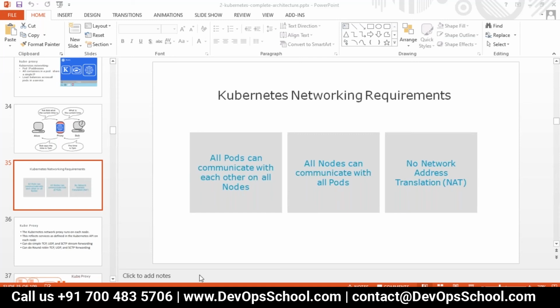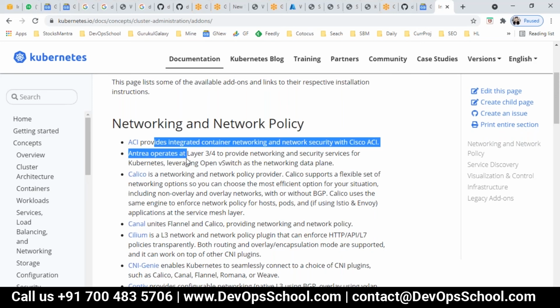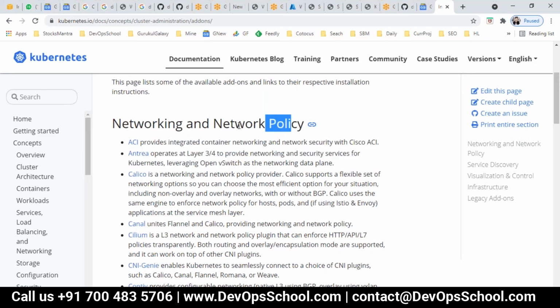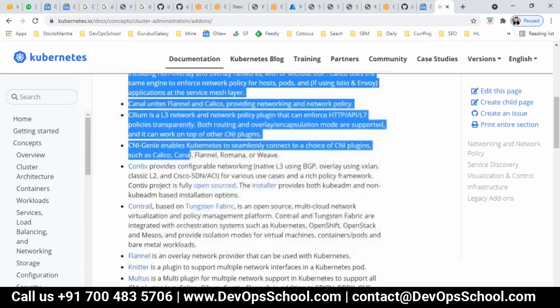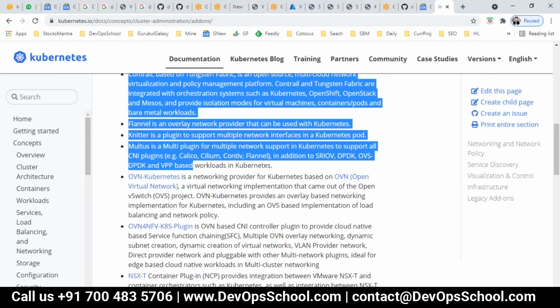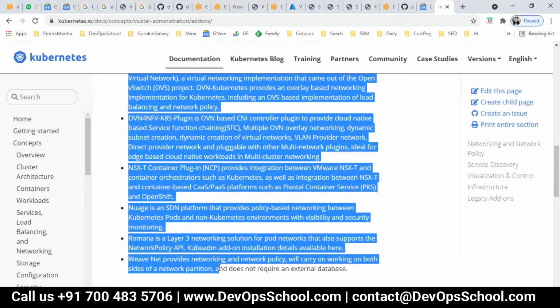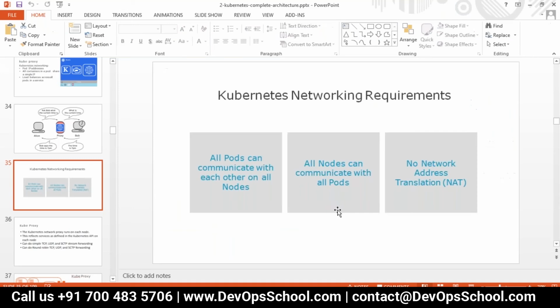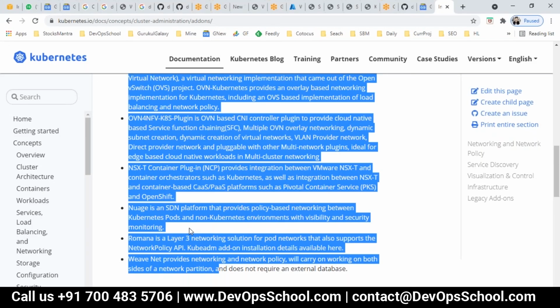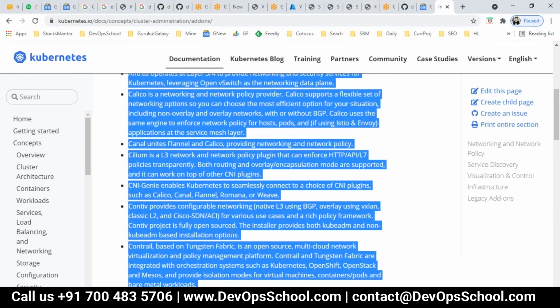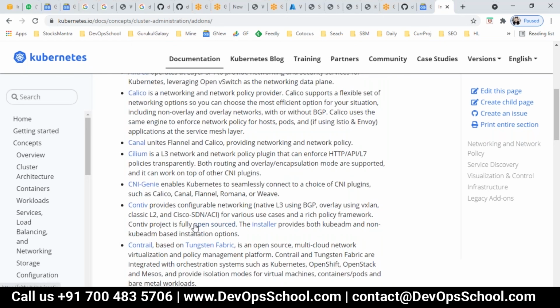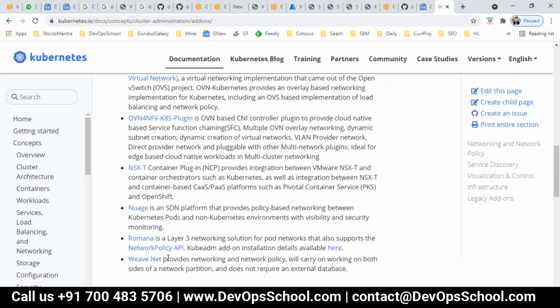Okay, so what has happened? These drivers have been developed. In short, we call them network policies. These network policies have been developed so that pods can talk to each other, and this requirement is satisfied. So these are the drivers you can use. One of the drivers I'm enforcing on you all is VNet, which is an overlay driver.